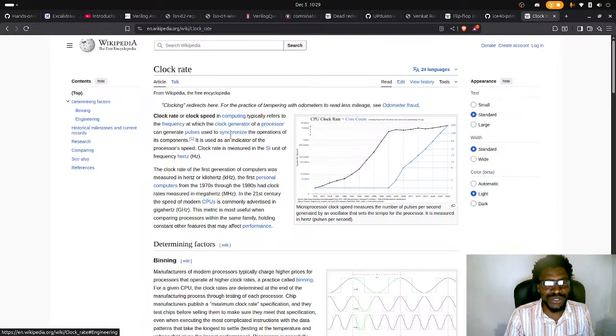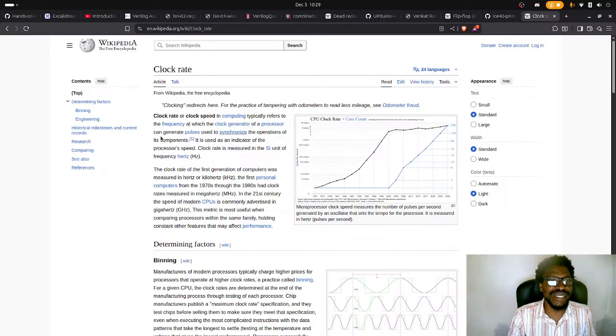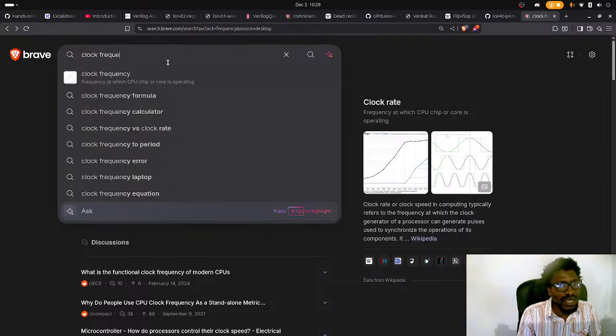Okay. Clock rate or clock speed in computing typically refers to the frequency at which the clock generator of a processor can generate pulses, and is used to synchronize the operations of its components. That's kind of that thing. And then